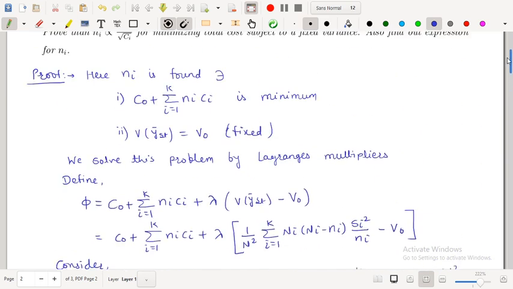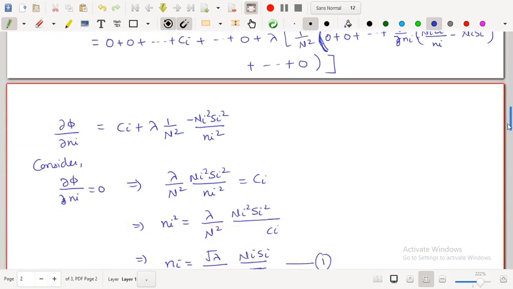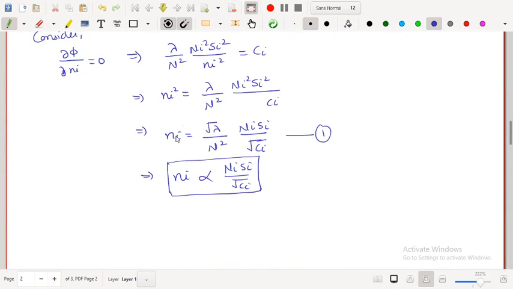So the theorem is: prove that ni is directly proportional to NiSi upon root of Ci, and also find the expression for ni. Look at equation number 1. Here we don't know the value of root lambda. So we have to find the value of root lambda or root lambda upon,